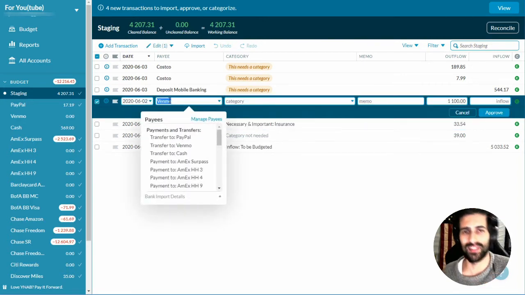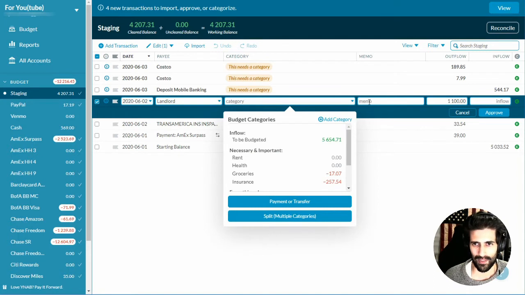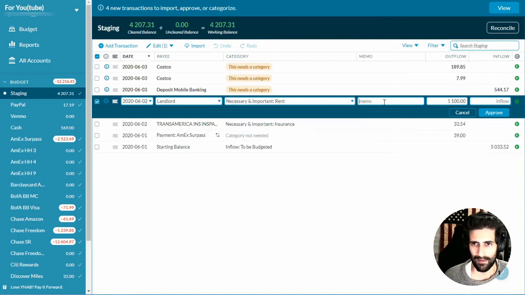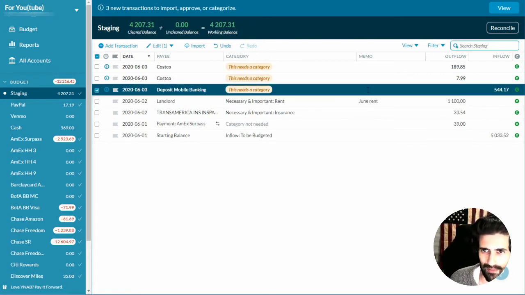Venmo. All right, so this is one that I know I got to change because this is my rent payment. I paid it to my landlord. And of course, it's for June rent, right? So I can add that in the memo. The memo is not really used for anything other than just notes for your own taking. But I'm going to use that